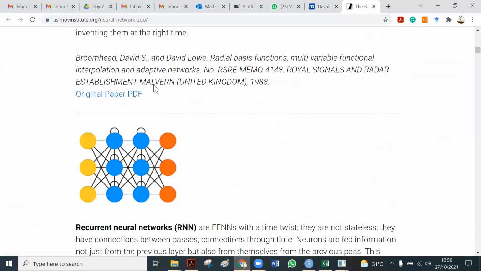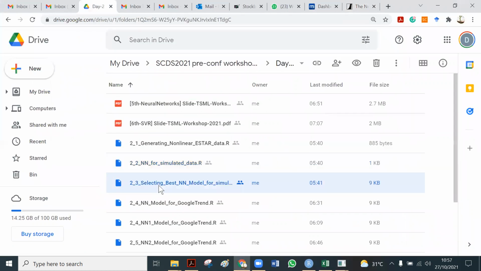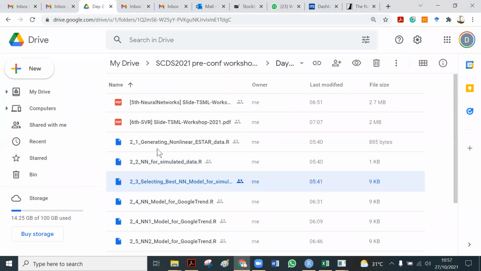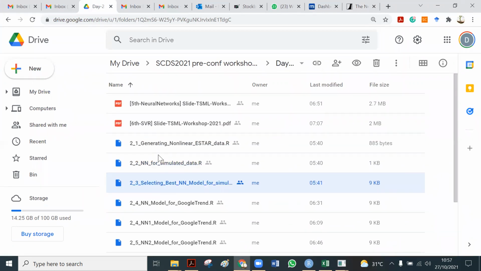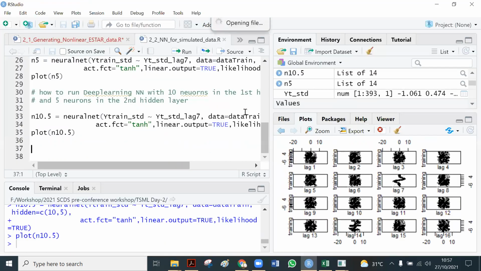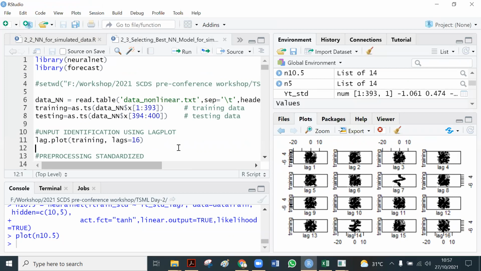To do that, we need to go to the next code, 2 underscore 3, selecting base neural network. So we can try this. If you do not have a problem that needs to be discussed, or you do not find difficulties that need help, you can go to the next code 2 underscore 3. Can open it. Okay, this is the code. Please try it and I will discuss further.